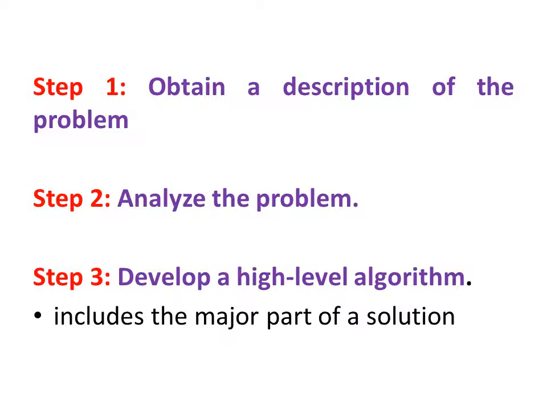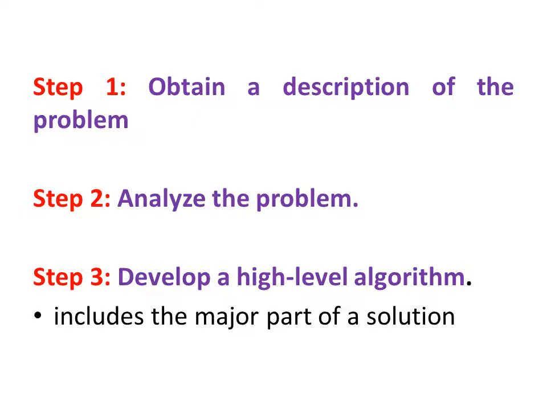Let us take bank automation software as an example for explaining these algorithmic problem solving steps. The first one is obtain a description of the problem. That is, you are going to develop automation software for a bank. So you have to give a detailed description of the actual process going on in the bank. Then in the analysis stage, you have to analyze what data is available, what inputs you need to complete each and every module, what will be the output of each module, and what strategies we can follow to build the final software. Those things you have to analyze in step 2.